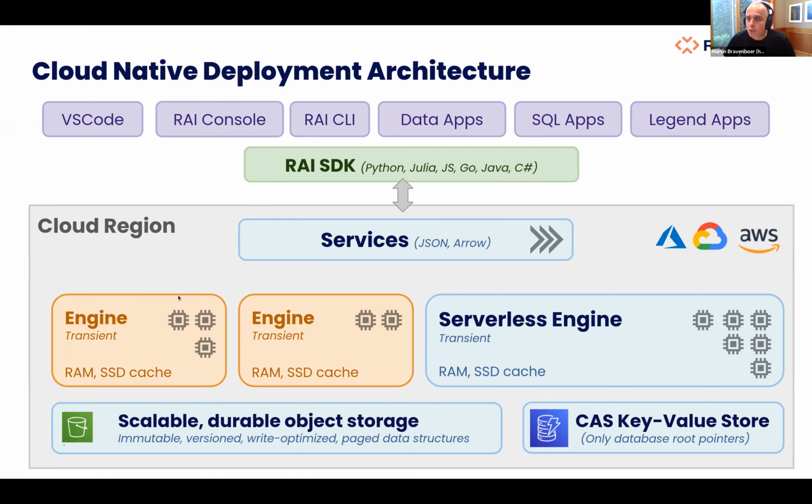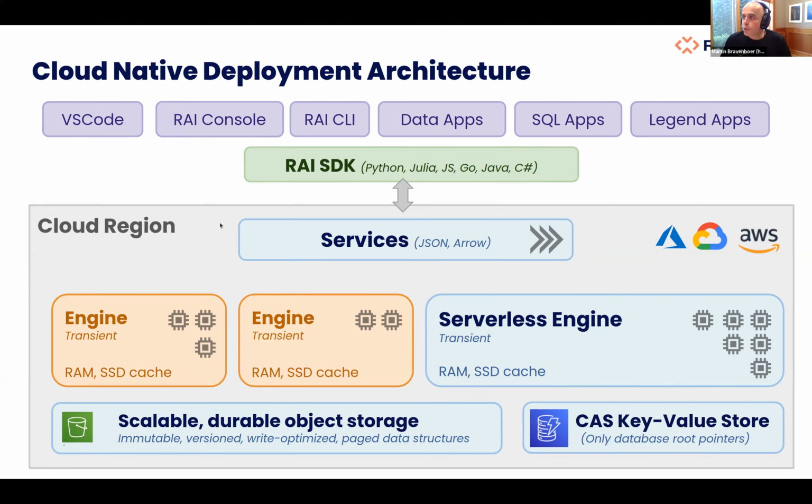Then we have engines. Those provide the compute capacity. They are entirely transient, so they can go away and the database will still be durable in object storage. They cache data on disk and in RAM. They support larger than memory and larger than disk workloads. And we aim to have 2 offerings. One is a serverless engine where we manage your workload. So we do the workload management entirely for what you submit. But customers can also manually do workload isolation, and then you create engines specifically for your situation. So this is roughly what BigQuery does, and this is what Snowflake does. And we think we can combine those 2.